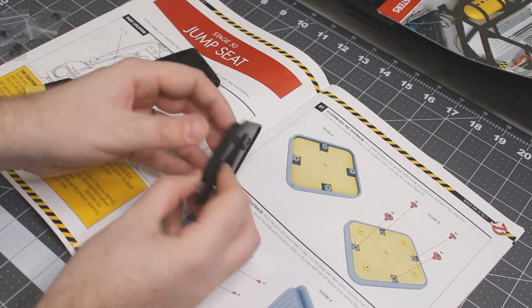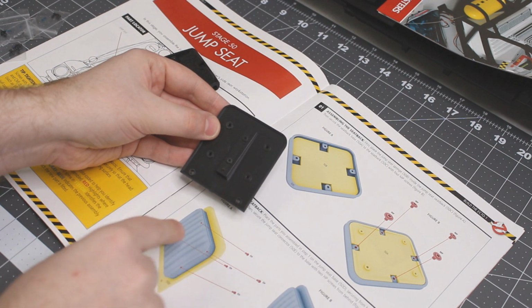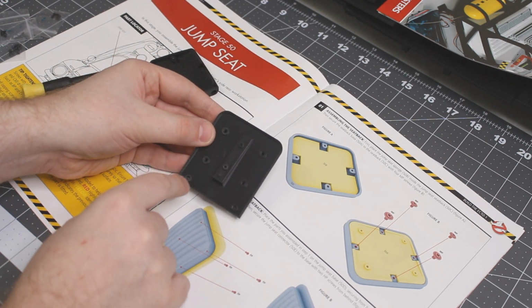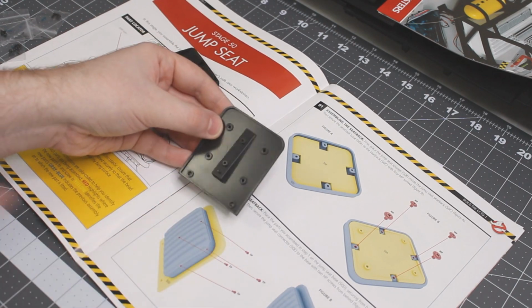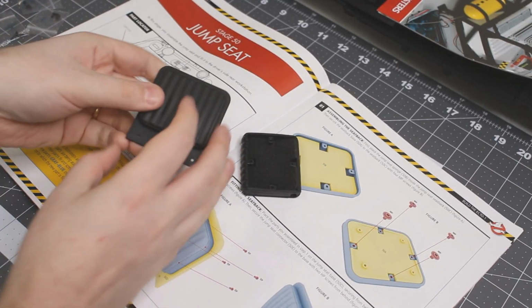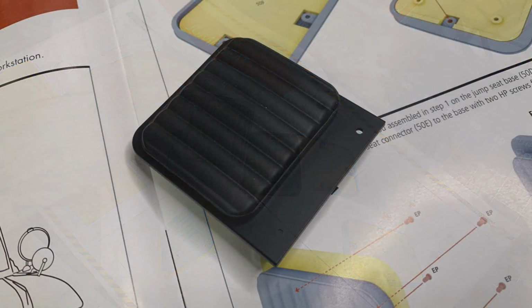We just line this up here with the holes. There we go, and then we're going to be securing that in place using 4 EP screws: 1, 2, 3, 4. So give me a second. Let's secure these pieces together. Got ourselves the 4th screw in place, and right there, the actual seat back has now been attached to the